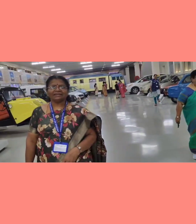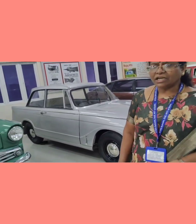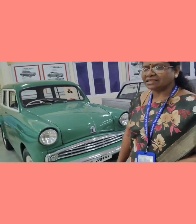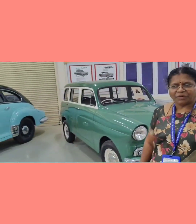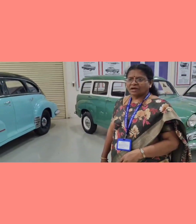I am standing in the GEDEE Car Museum. They are showcasing different models of cars, a unique collection of cars like Rolls Royce and Benz, from ancient times till today, that is from 1886 to 2010. GEDEE Naidu collected several collections for his passion and for teaching others, and they were collected from different countries